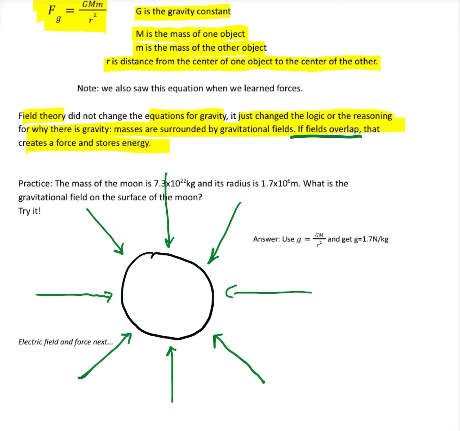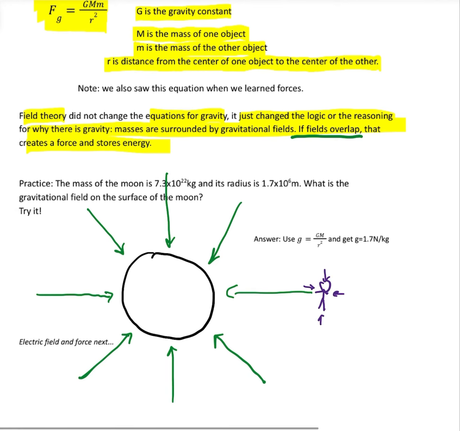If you're farther away from Earth, maybe you're way out here, your field is still going to overlap, but the overlap isn't as strong, so the force would be weaker. If you were closer to Earth, the overlap is stronger, so the force would be greater. So as simple as this theory is, it kind of matches what we're seeing. Two little light objects aren't going to have any force of gravity between them. They're too light. They don't have big fields. The fields don't overlap. But if we get bigger objects, the Earth and other objects, or two other big objects, then their fields will overlap. And the more they overlap, the bigger the force.